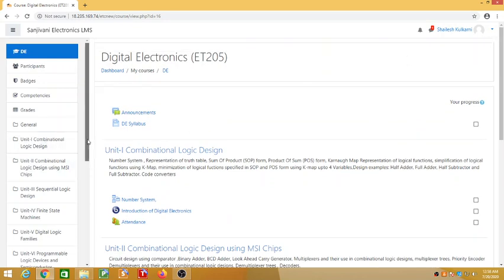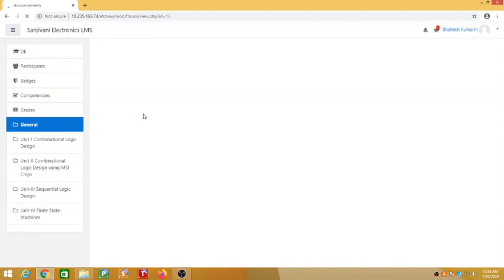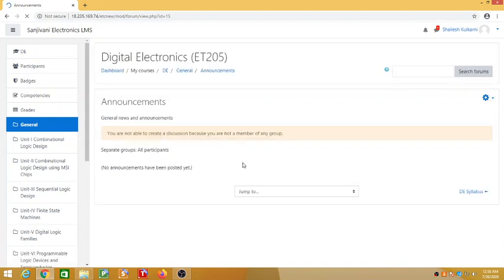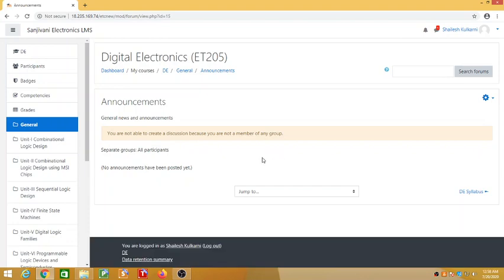One more thing is, while login, make a note that always the password has to start with the first letter as a capital. Okay. Now when you go to the course contents actually, here you will find announcements. Okay, in announcement section, you can see the announcements made by the subject faculty. Okay, so as of now there are no announcements, but you can see the announcements made by your faculties. Okay, so make a habit that every time you are logging in, you should check the announcement section.